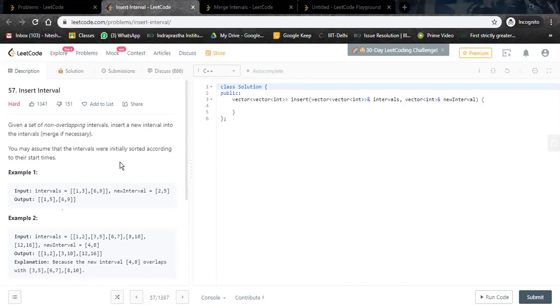Ma'am, can't we just push back the new interval into the intervals vector of vectors? Then we will again sort it by the starting index, and then this question will become similar to the previous one. Correct. And what is the time complexity for this algorithm? Correct. So the time complexity for this algorithm will be n log n, because you are trying to sort